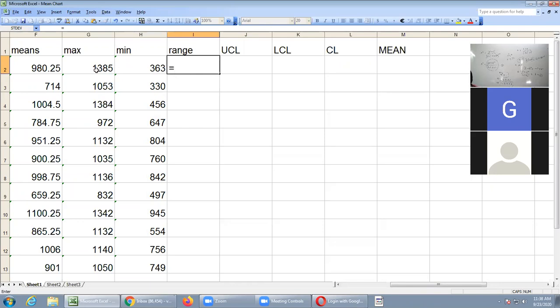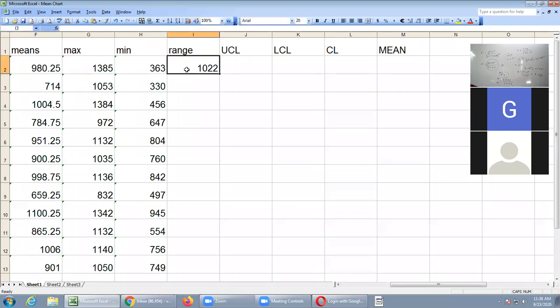So whenever values are different, you have to select. What is the formula? Select the first cell, the maxima value, then automatically you will get Z2 because maxima values are changing. That's why I am selecting. Maxima value minus minima value, which are also changing, 363, 330, 456, like that. Select the first cell and then automatically you get maximum minus minimum, and then press enter.